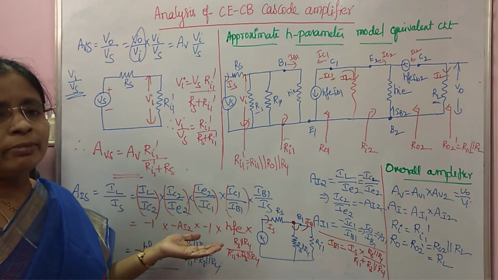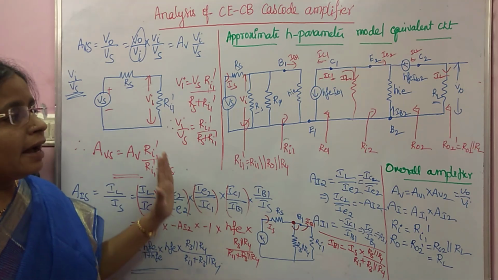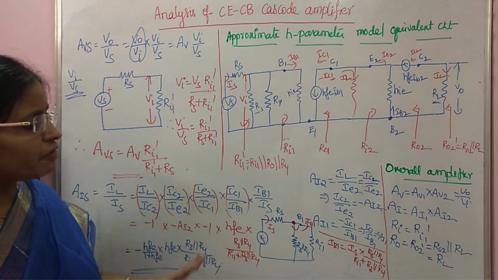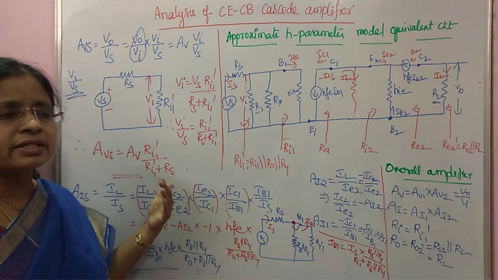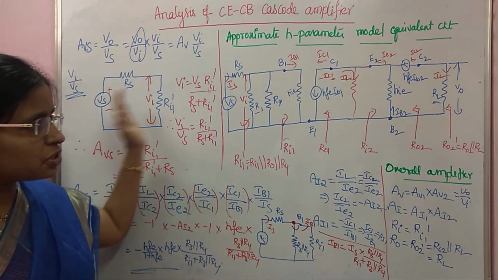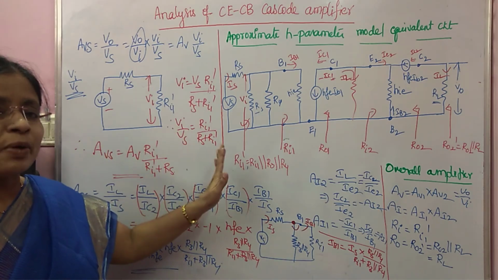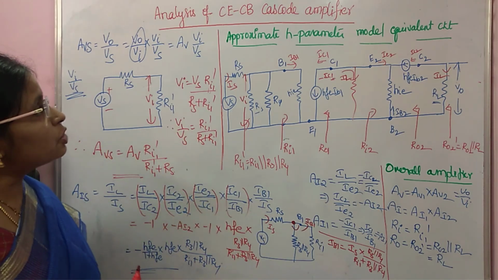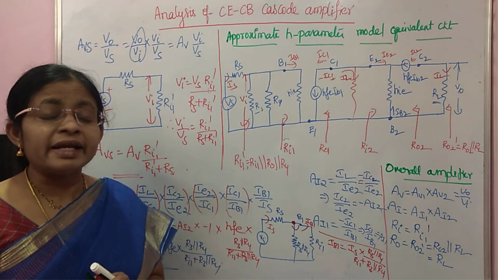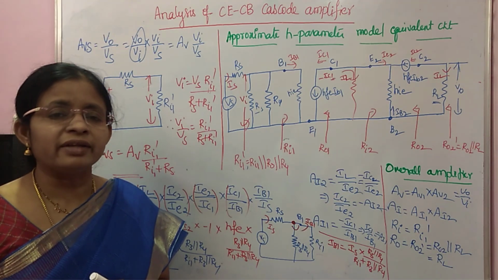Then how is the problem? They'll provide all the resistor values of the circuit and they'll provide hie and hfe. They'll ask us to find various voltage gains and current gains, input resistances and output resistance. Simply substitute the given values in all these formulas and we will get the required values. So that's all about the analysis of the CE/CB cascode amplifier. In the next video, I'll explain the analysis of the CE/CC amplifier. Okay, thank you very much.